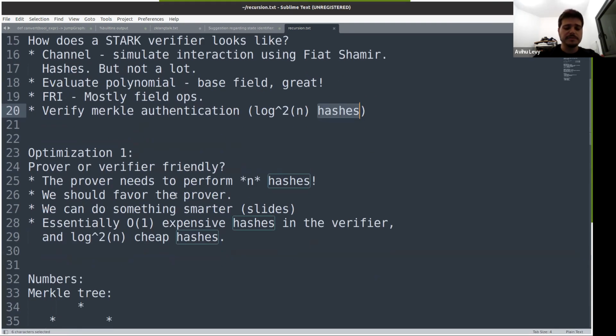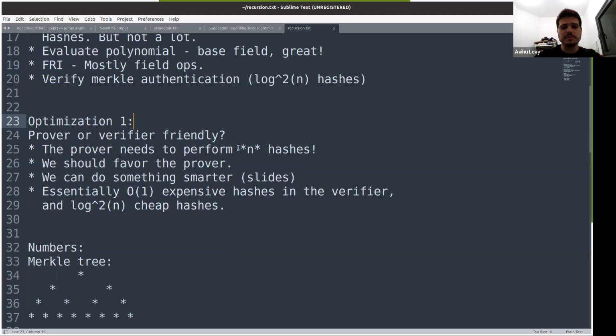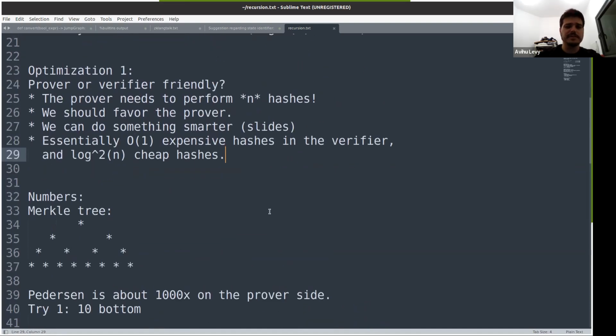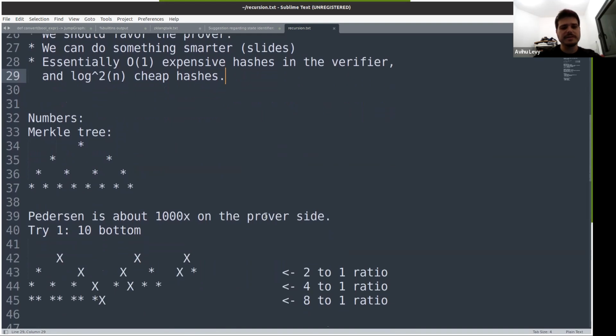The first optimization is, like Avihu said, the question of which hash we're using for the Merkle authentications. The prover needs to perform n hashes, while the verifier needs to only do log squared. So it makes sense to optimize for the prover, but we can do better. We can make some of the layers in this hash and the other in other hashes. The basic scheme here is that Pedersen is about 1,000 times more expensive on the prover side, which means that if you take this Merkle tree